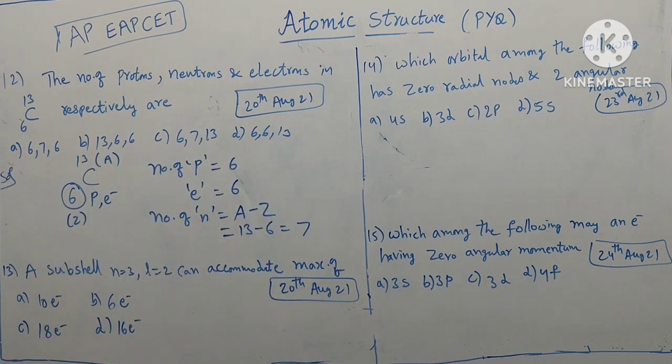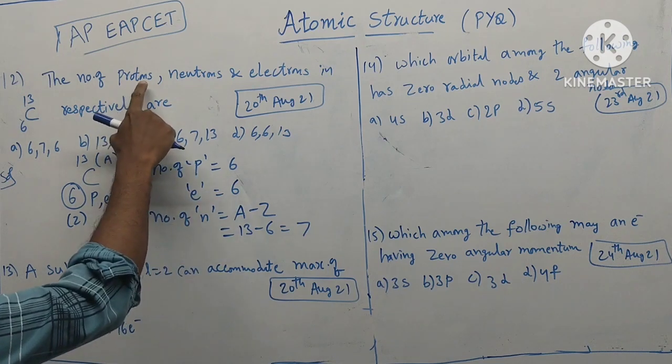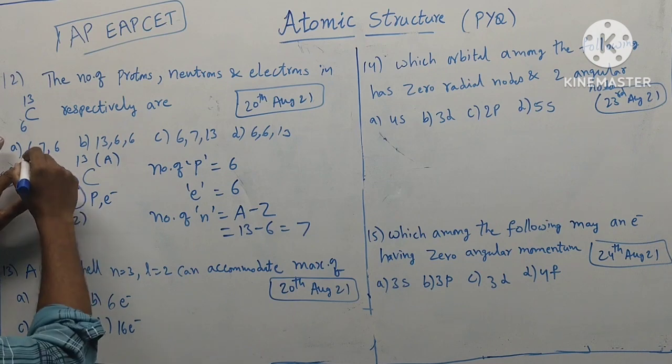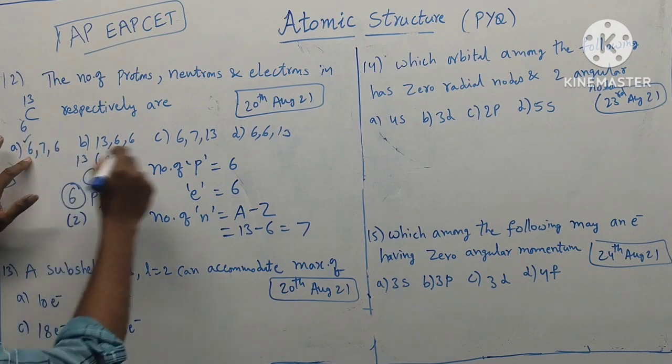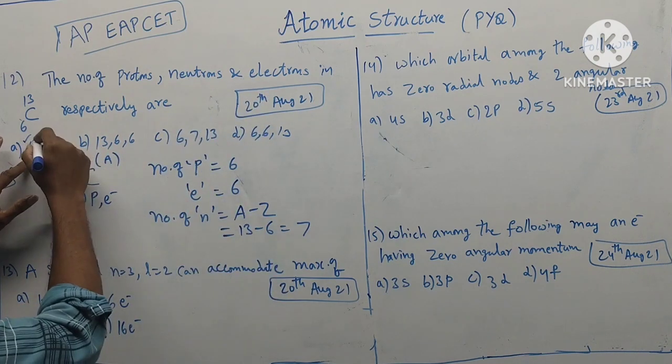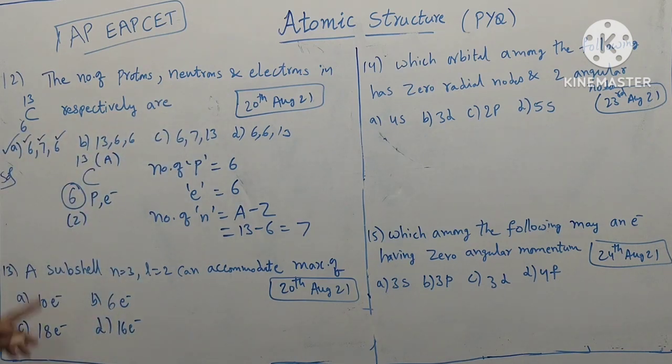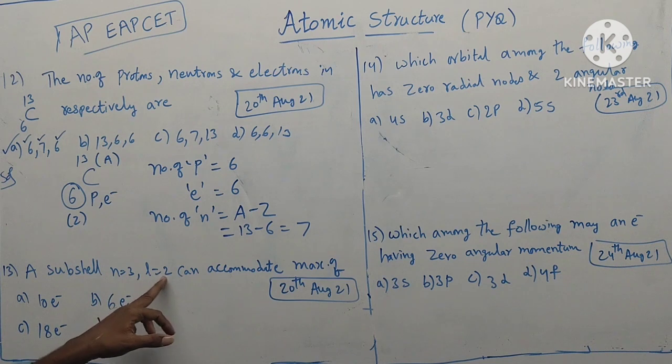So the answer is: protons 6, neutrons 7, electrons 6. So answer A. Next, a subshell n equal to 3, l equal to 2 can accommodate a maximum of how many